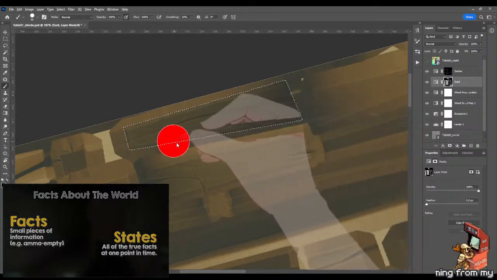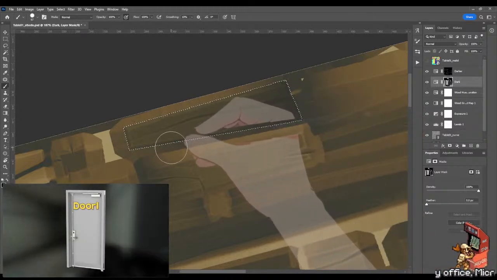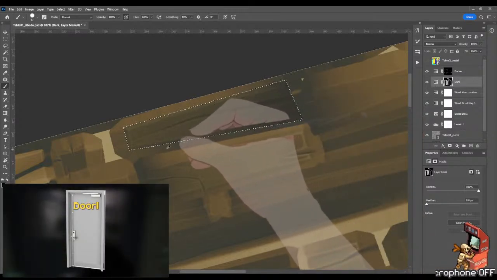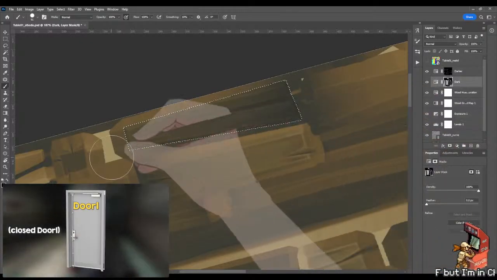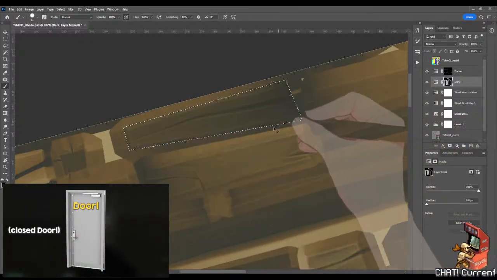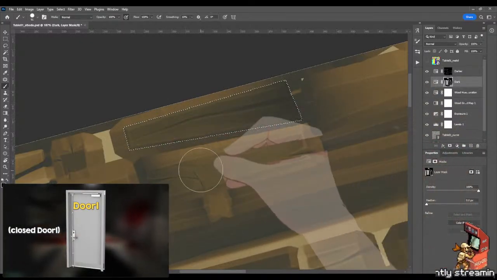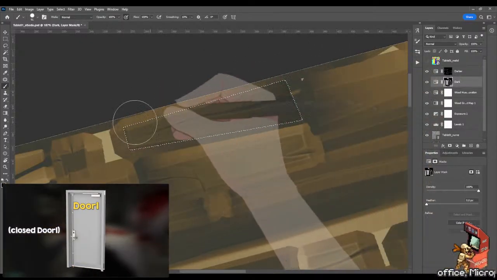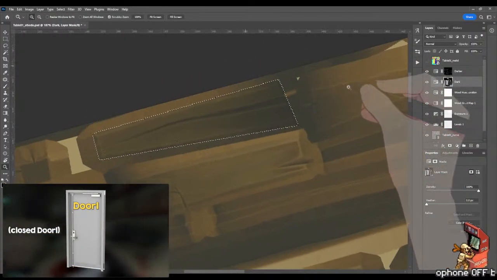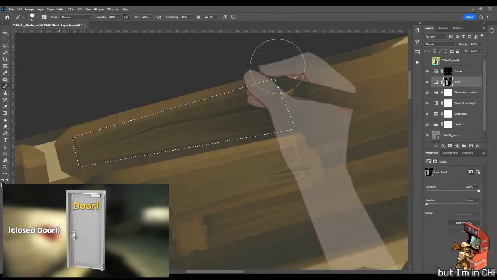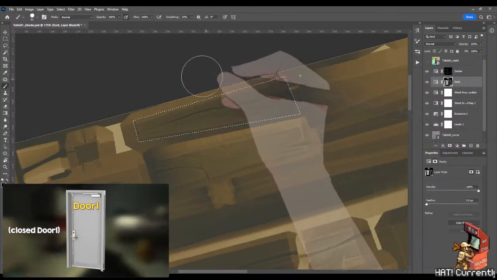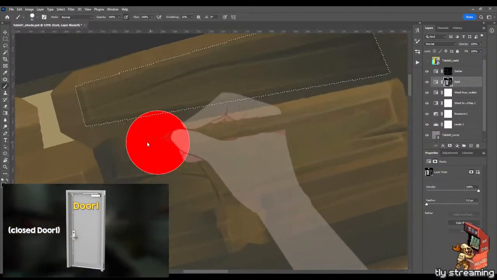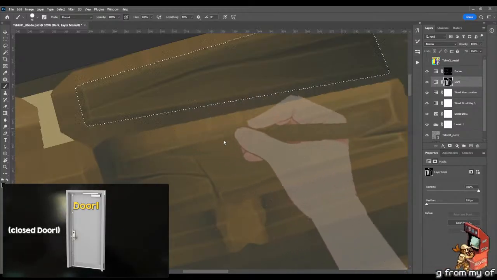For example, here's a door. We'll call it Door 1, because it's important to give the door a name, and this door is closed. But I might want a non-player character to open Door 1 at some point in the future, so I need to know in a predicate whether it's open or closed, because opening a door that's already open is kinda stupid. So the current state of our world is one closed door. Now, given I have this information, I can build an action that allows me to open it.